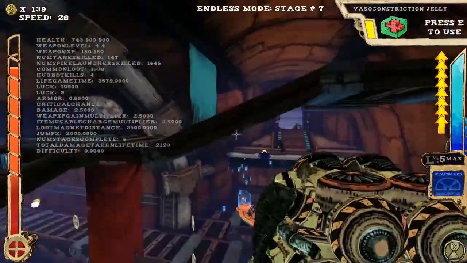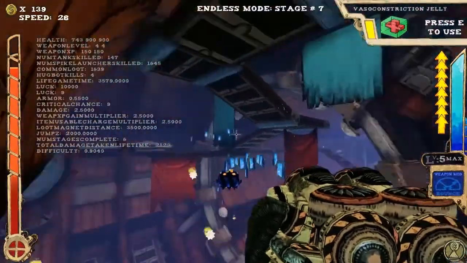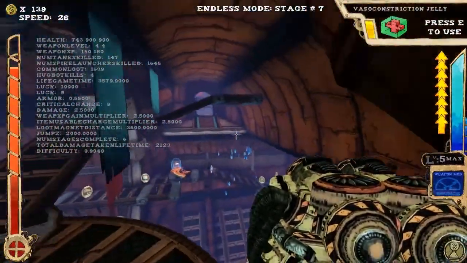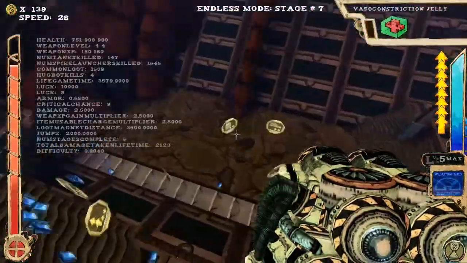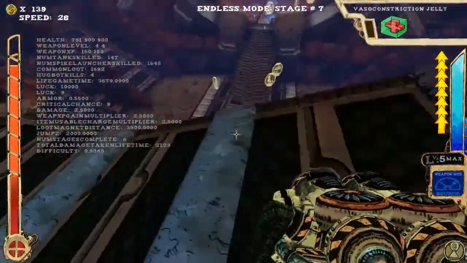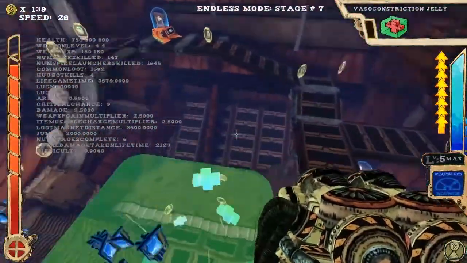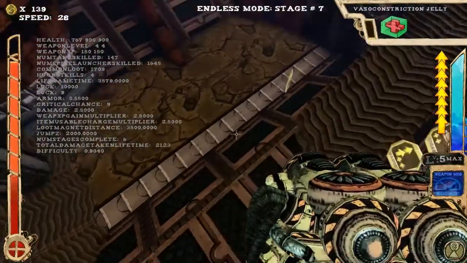I would really like to get the spread mod on this gun, honestly. Because bounce is okay. Bounce, we've got a posse of blue EXP. But bounce is definitely one of those okay ones. Ow, nuts. Well, I may have bunged up this one. Because we've got the vasoconstriction jelly, but it's,